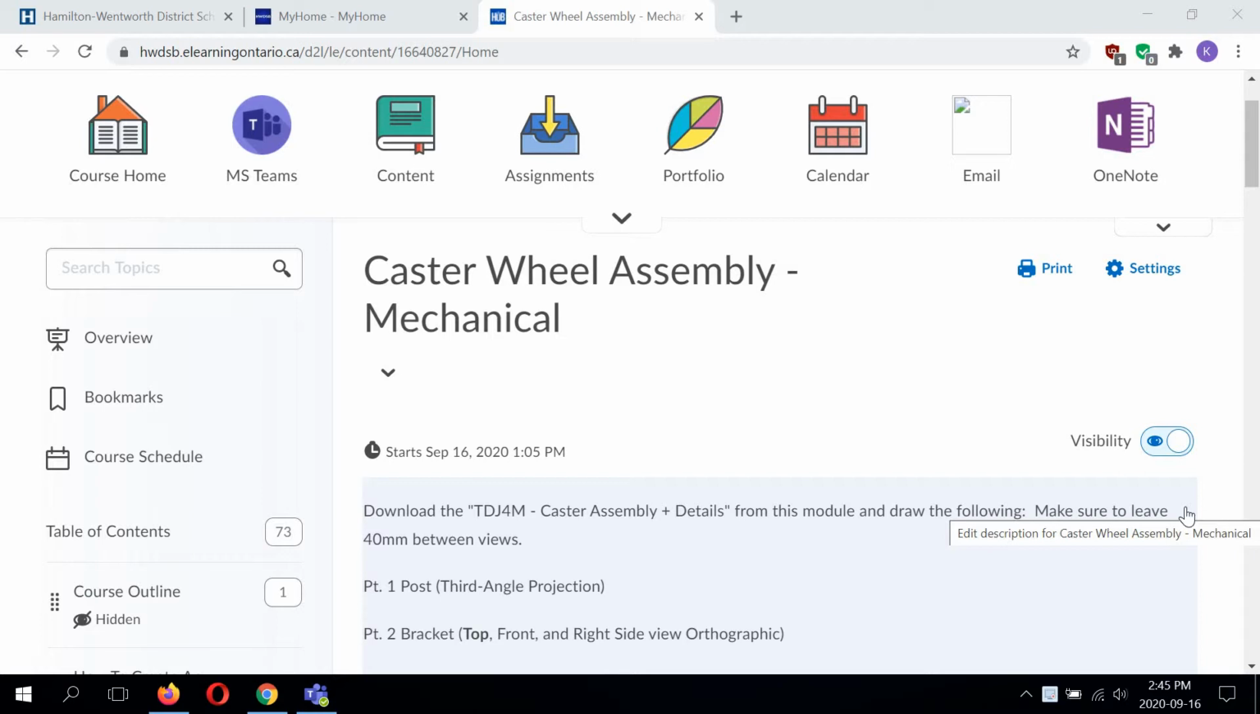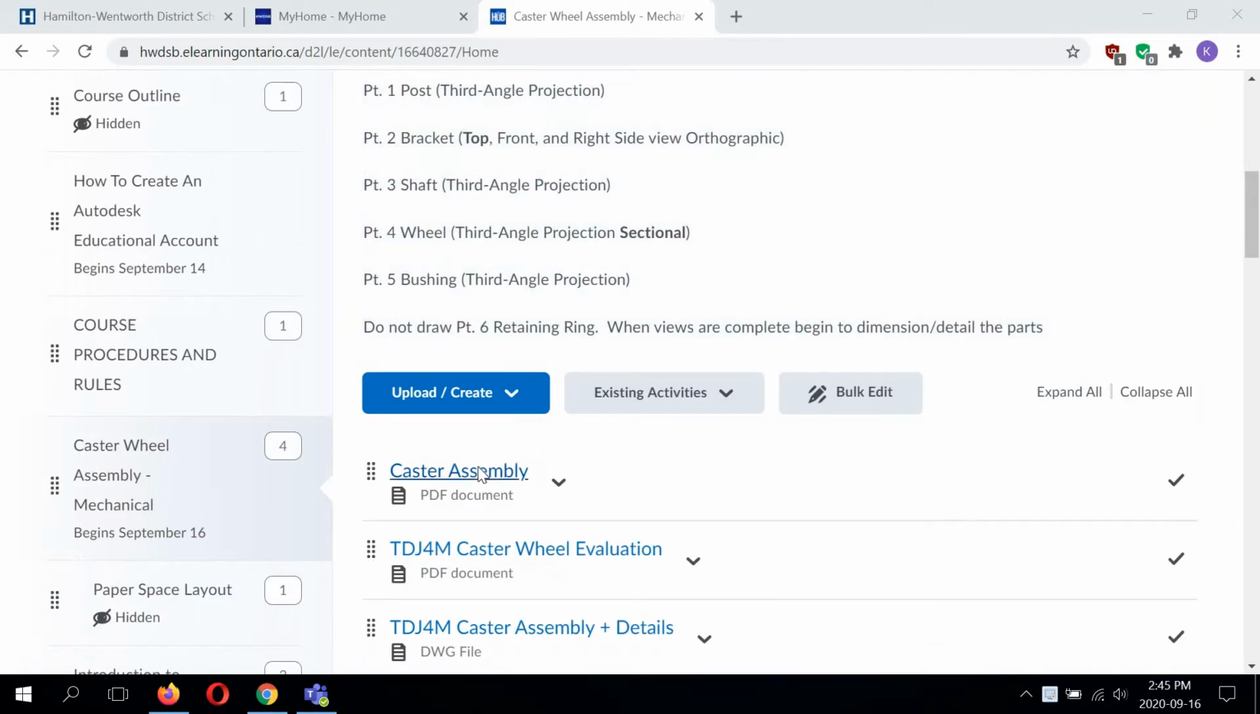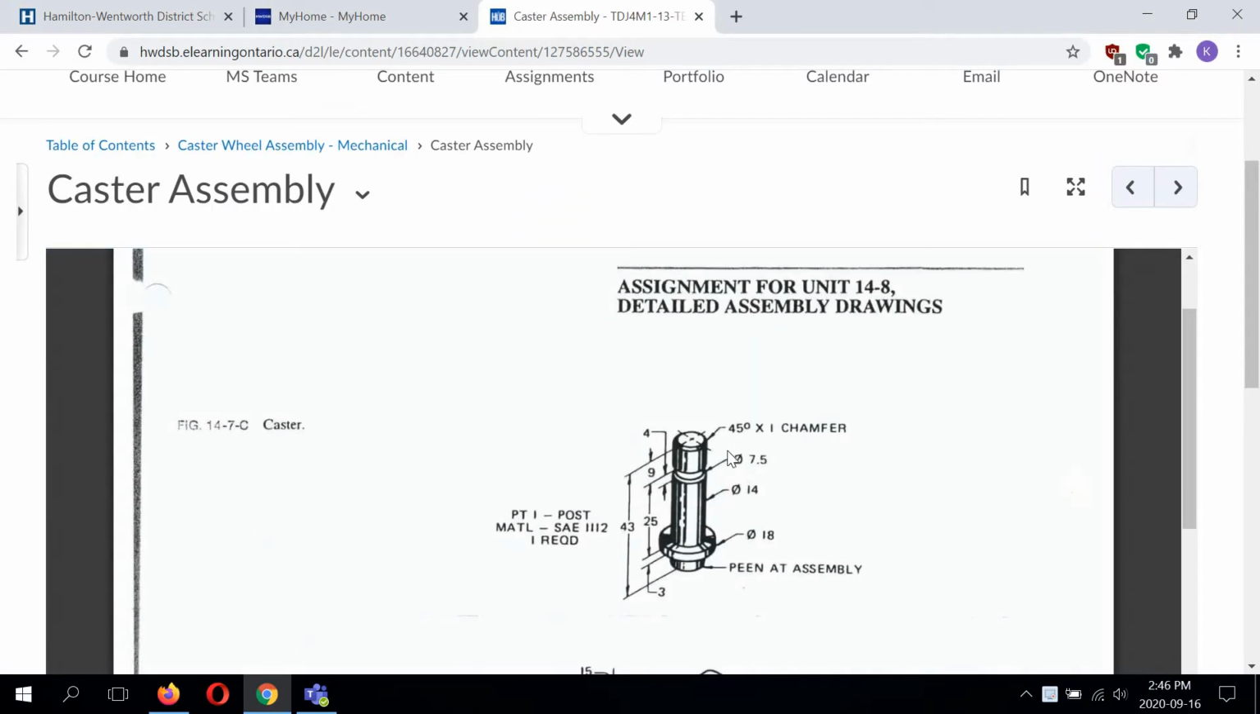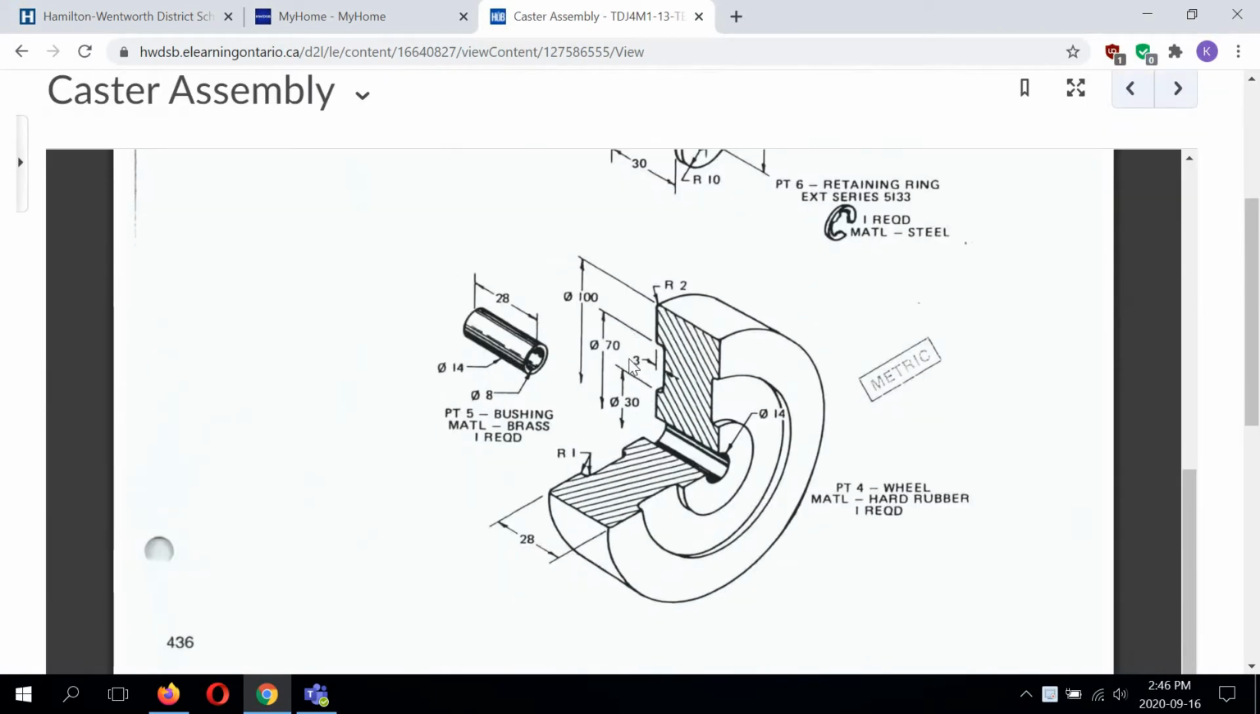This lesson is going to show you how to model part 4, which is the wheel for the caster project. So that looks like this, right here. We're going to have to model this in a different way than we did the bushing, so we're going to be reviewing what a center line is and how to use it to create a revolution feature. So to get started,